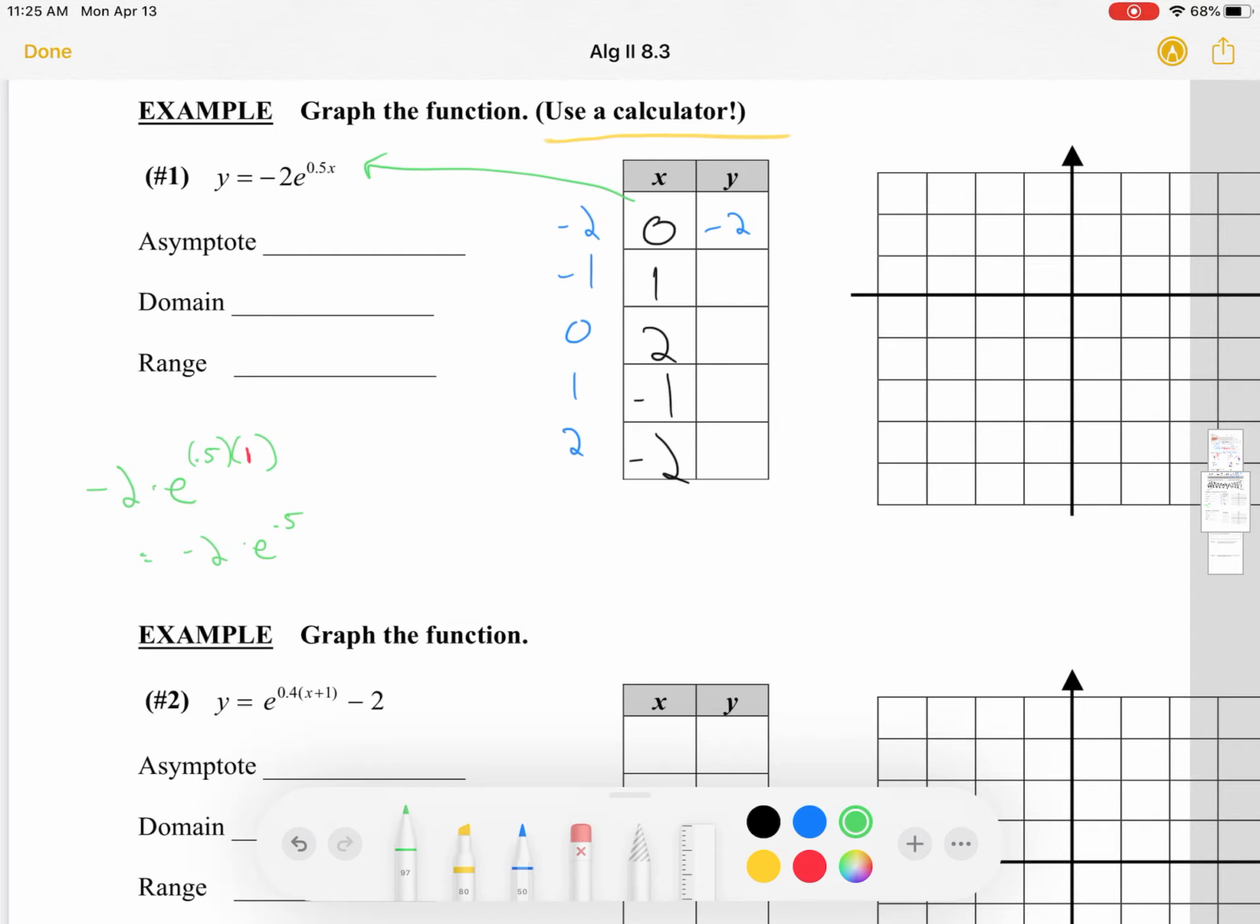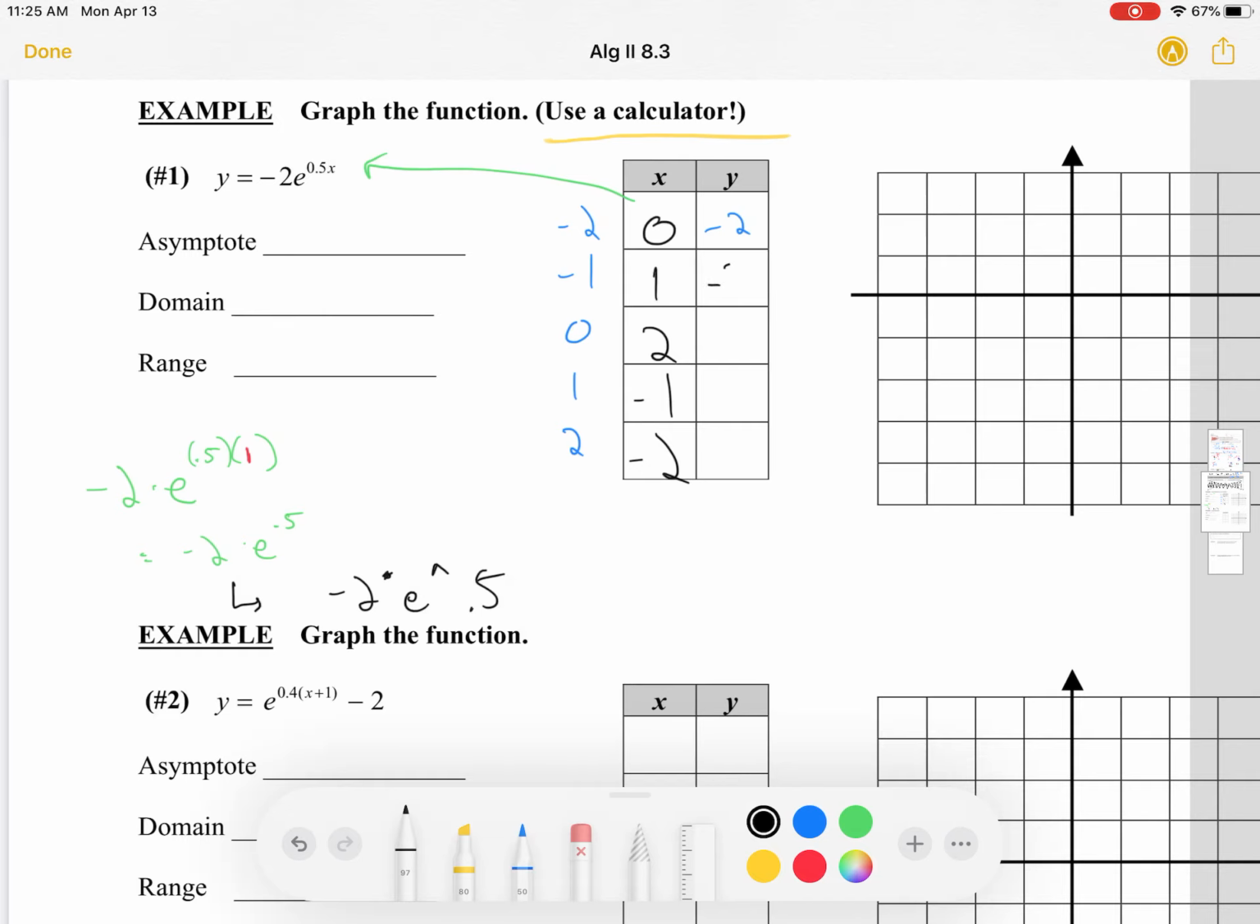Negative 2 times, to get times, shift 8. Negative 2 times e raised to the 0.5 power. I hope you're typing that in along with me. You should be following along, so to speak, with me if you can. Okay, so now when you type that in, it should look like this. Negative 2 times, that's a little asterisk, e raised to the 0.5 power. When you type it all in, hit enter, you should get